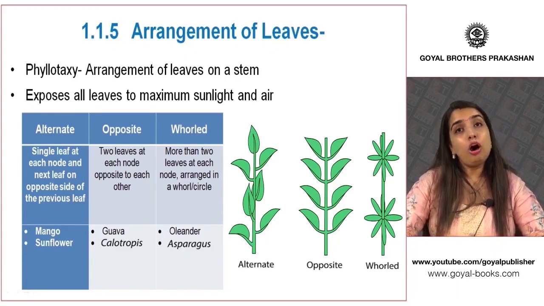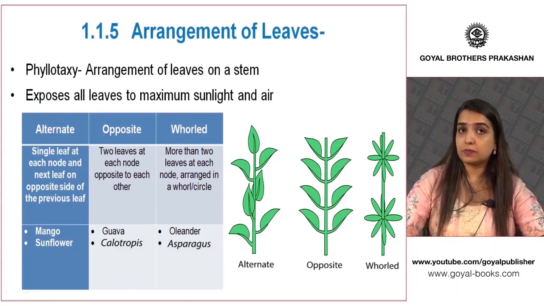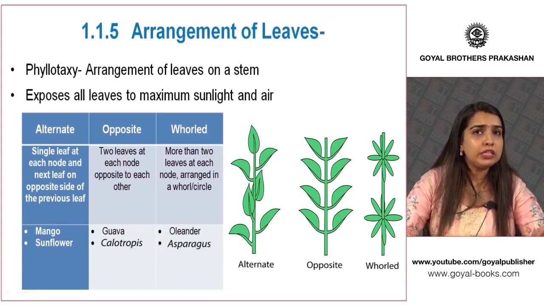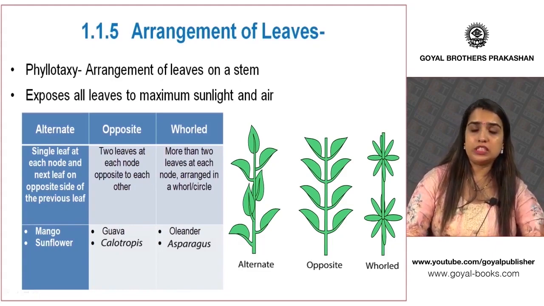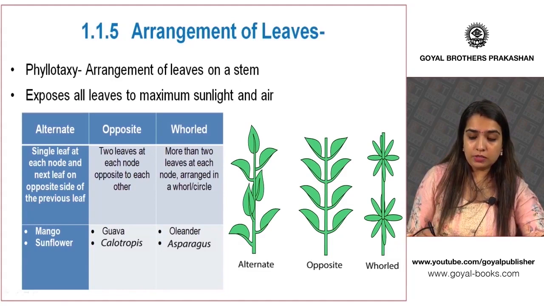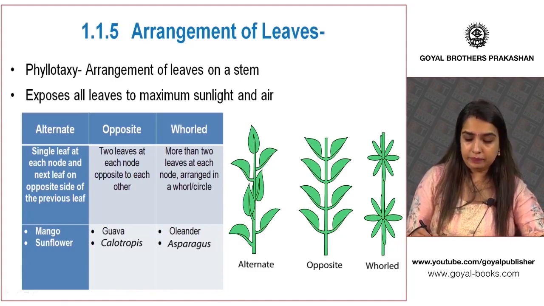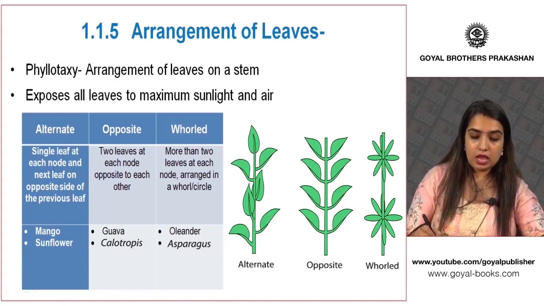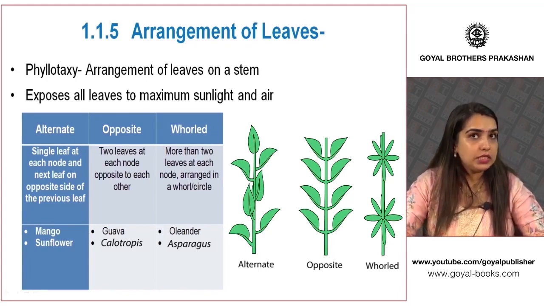Whereas in opposite, as the word suggests, they grow at the same point only in opposite directions. We see that the common point of origin is the same and they grow in opposite directions,